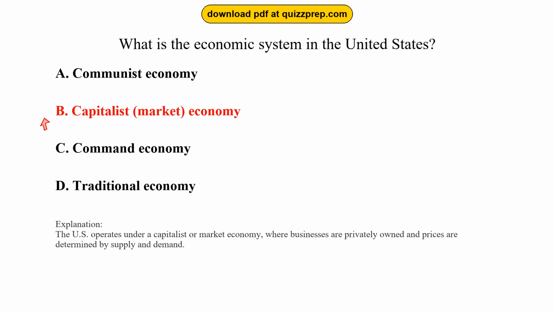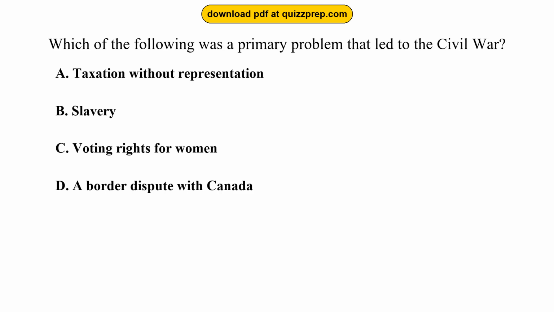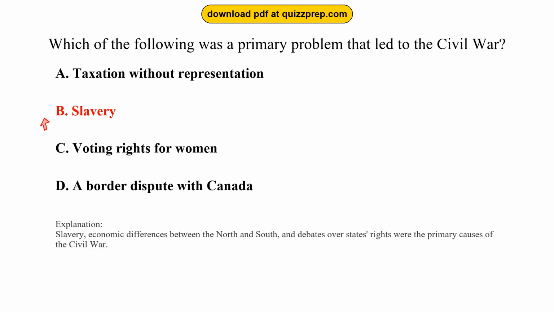and demand. Question 56. Which of the following was a primary problem that led to the Civil War? Option A, taxation without representation. Option B, slavery. Option C, voting rights for women. Option D, a border dispute with Canada. The correct answer is option B, slavery. Slavery, economic differences between the North and South, and debates over states' rights were the primary causes of the Civil